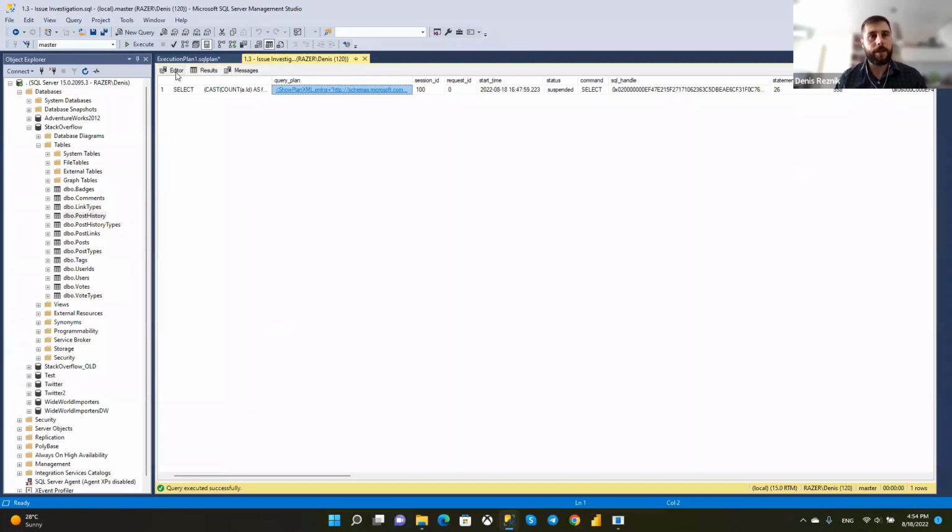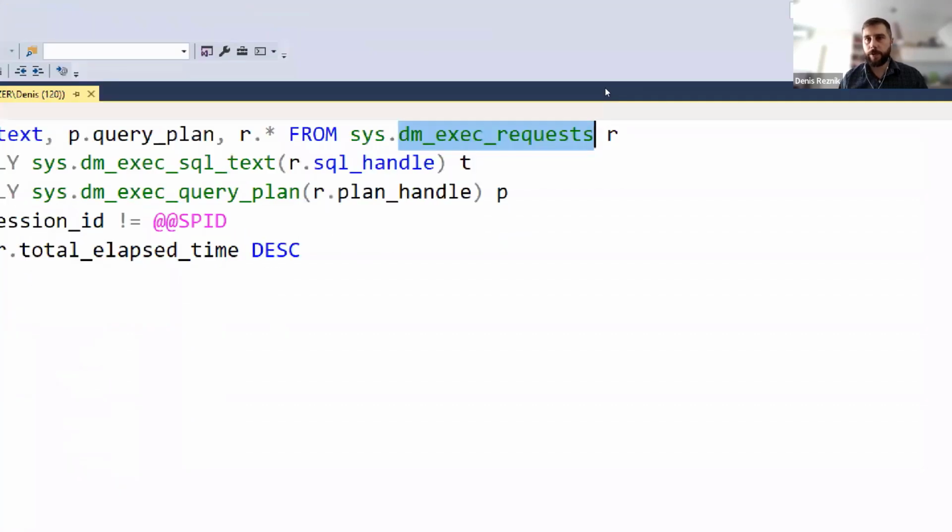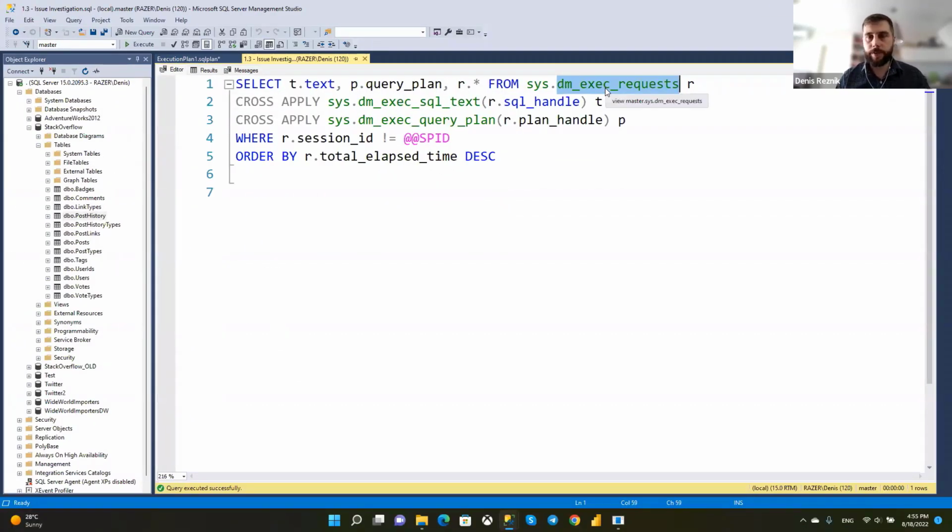So we did an optimization, and the tool we used to get the root cause of the issue is the DMV sys.dm_exec_requests. If the issue is known and reproducible, we can ask the client to run the operation and check the database while it's running. We can quickly identify the query which is causing the problem. The one important thing we can't see in the DMV is the current parameters.